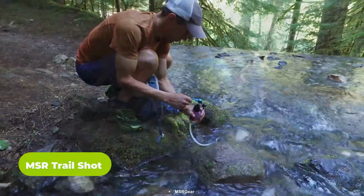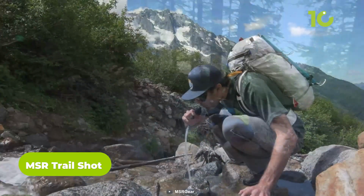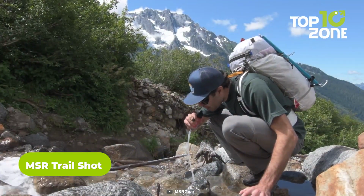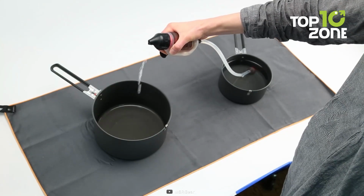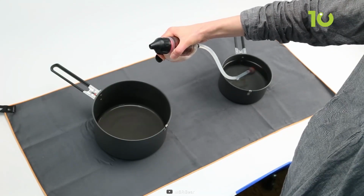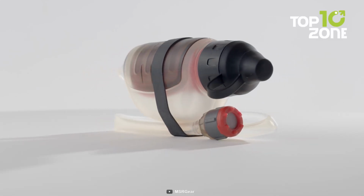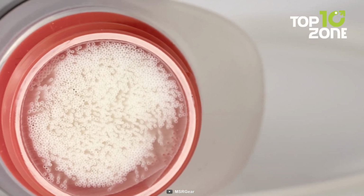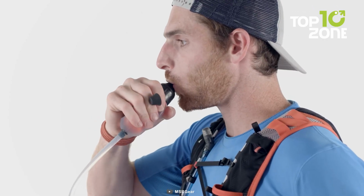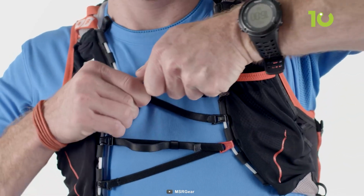Here's the MSR TrailShot Water Filter, an essential ally for the discerning hiker. Compact and efficient, this pocket-sized wonder transforms the art of hydration on the trail. No longer burdened by the weight of excessive water, the TrailShot liberates backpackers to drink freely from nature's fountains. Employing the prowess of hollow fiber filtration, it becomes a stalwart guardian against waterborne adversaries, eradicating bacteria, protozoa, and even